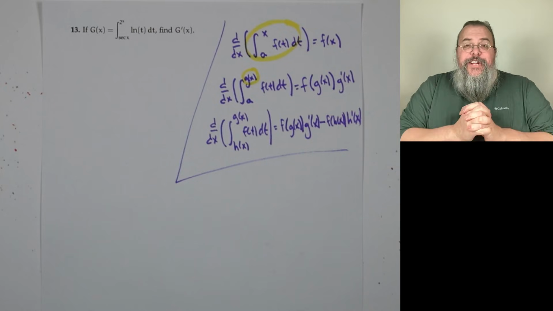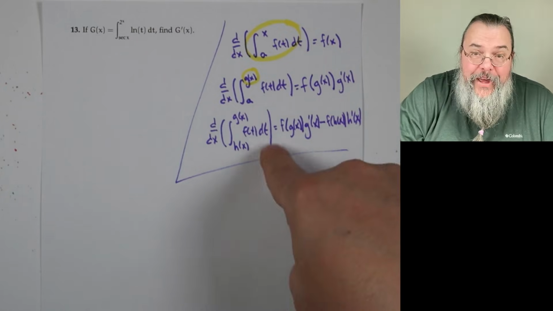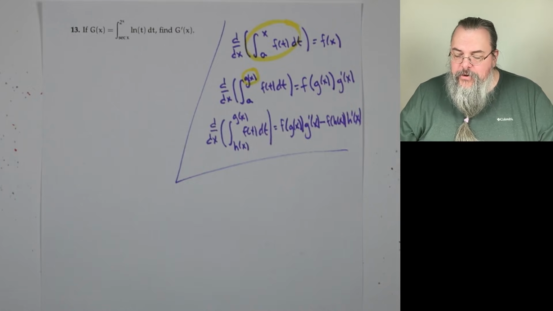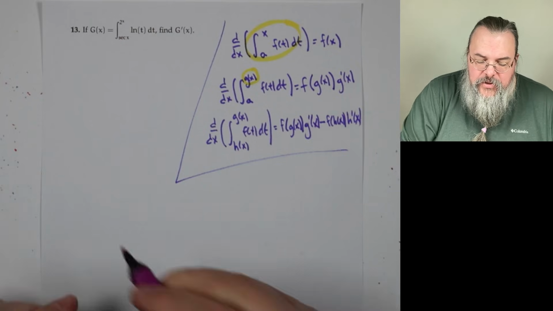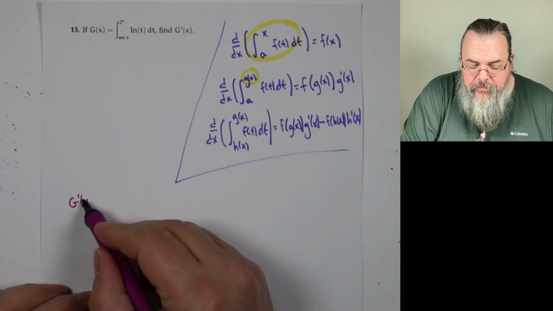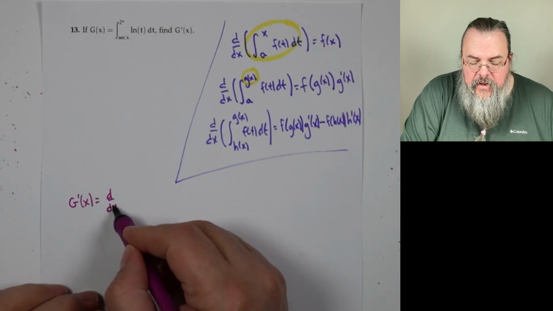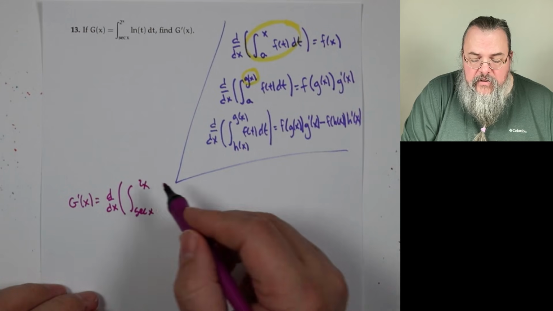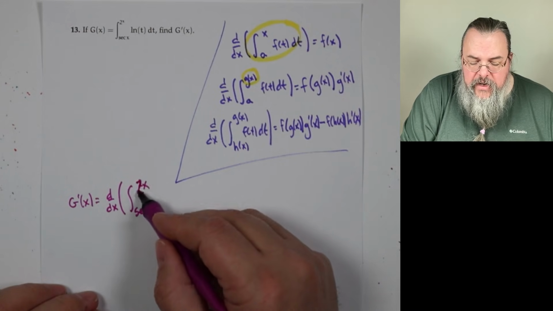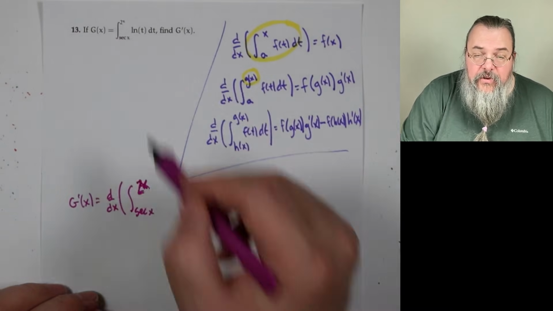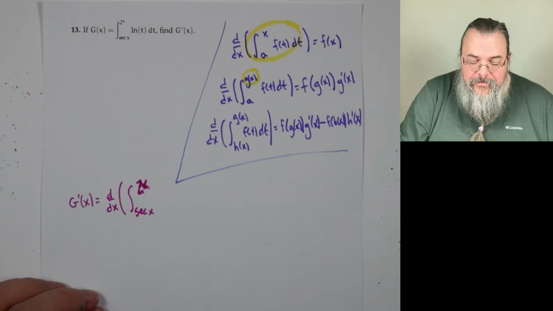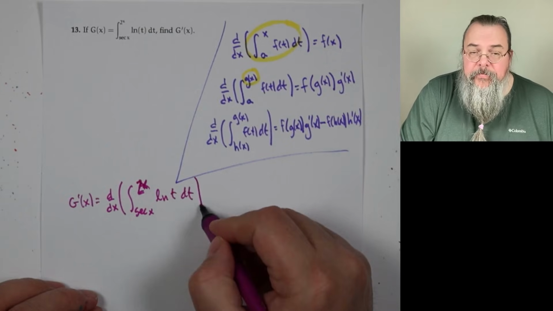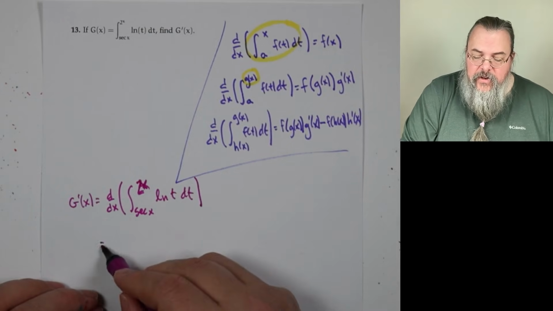Okay, so what setting are we in? That third one. So here we go. We're ready to bring it home. So g prime of x, that's the derivative of the integral from secant of x to 2 to the x, 2 to the power x, not 2 times x, pay attention, of log t dt. Okay, so according to the rule,